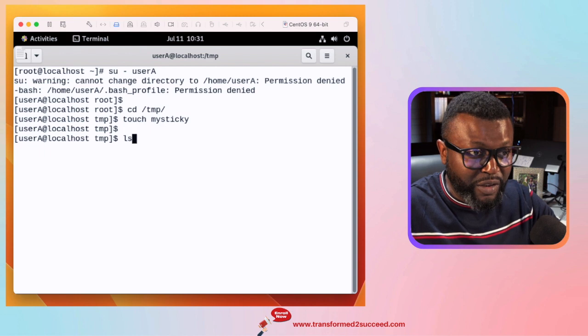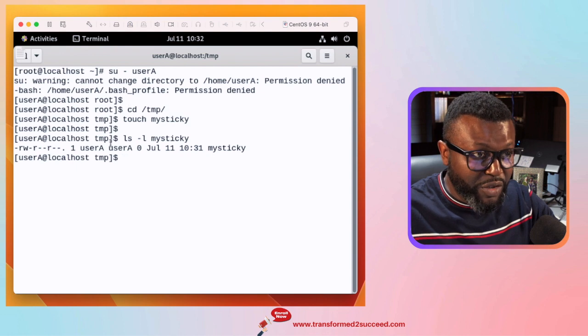So you can verify this file to see if it has been created. I'm gonna long list the file here. So see here, it belongs to this user, and this is the group where the user belongs, and this is our file. And when you look at the properties here, you can see that there is a dash because it's a file,